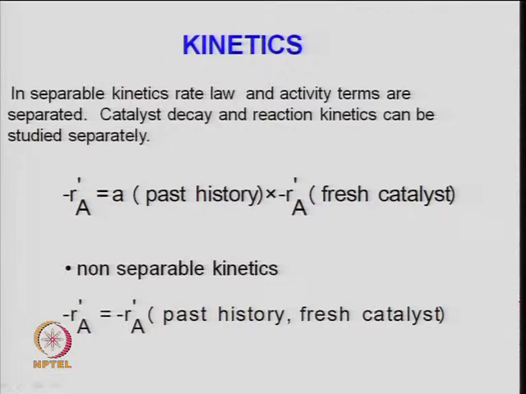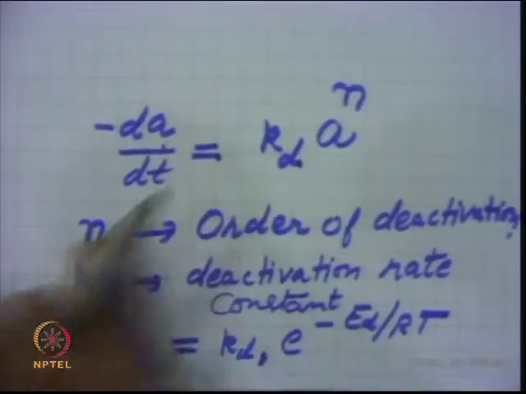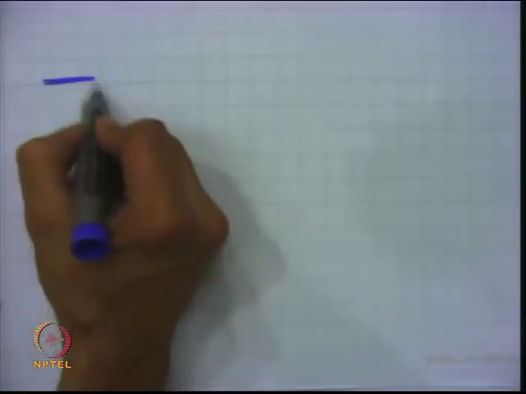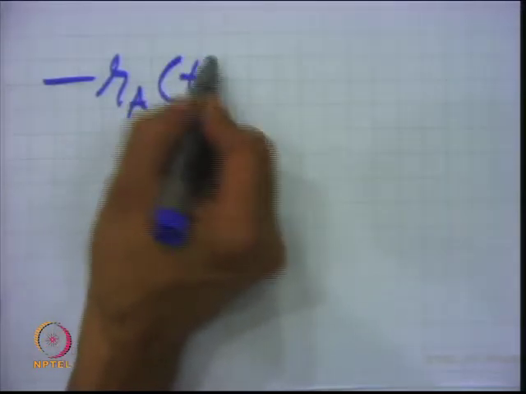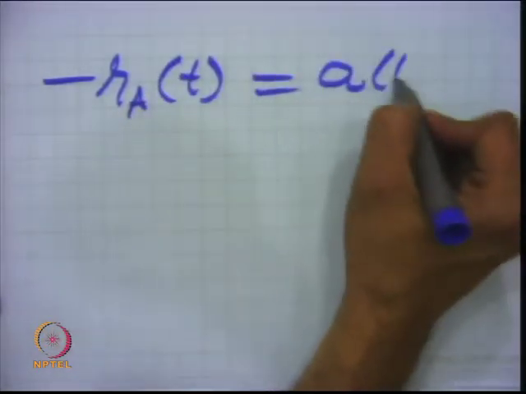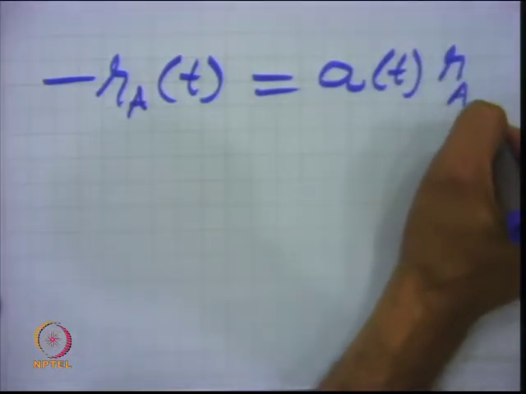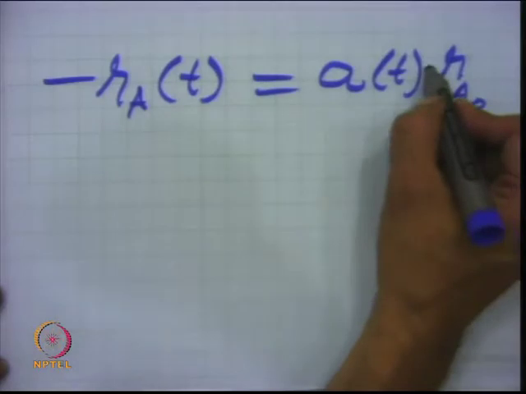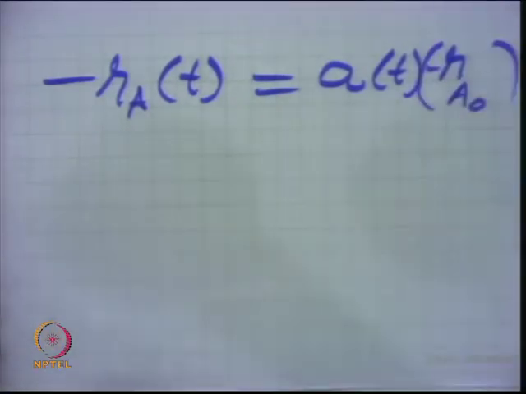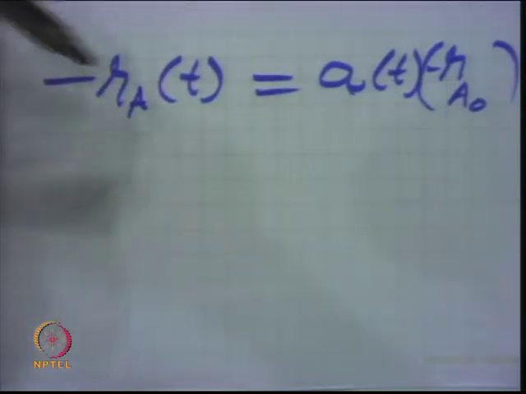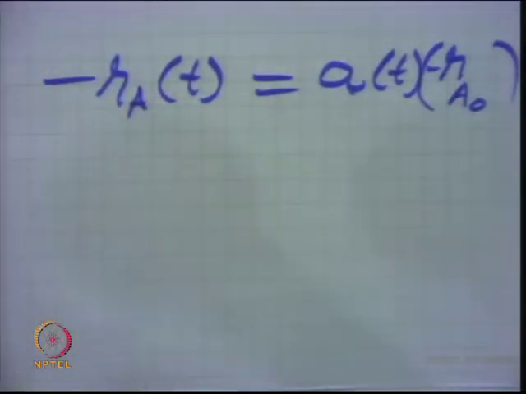So, in general, when you write the rate of a main reaction, by knowing this function of how activity drops for a given reaction as a function of time, one can correlate the net rate, or the rate at any time t, which is a function of activity, which is a function of time, times the rate for a fresh catalyst, or minus r A, disappearance of reactant for the fresh catalyst, that is the initial rate. So, this A of t is calculated from the deactivation kinetics, and then the rate at any time can be used for the design of the reactor.